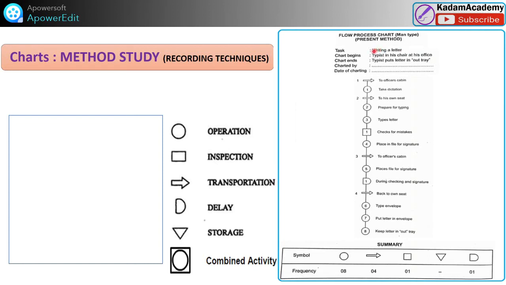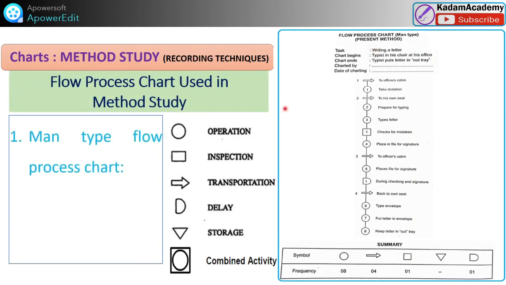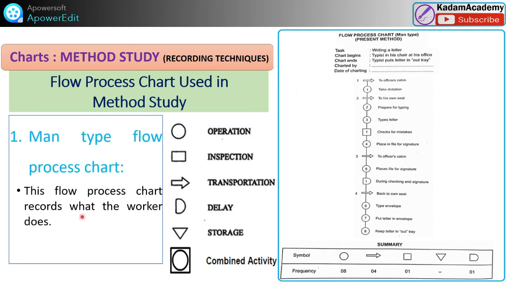This is the first method, man type flow process chart. It records what the worker does, that is, the activities performed by the worker or operator. These are the various method study symbols we have studied. See, this is writing a letter. Man type means what is your task? You are writing a letter.